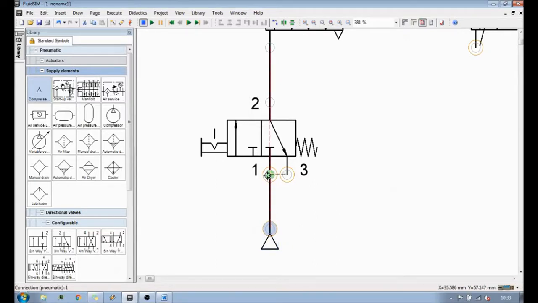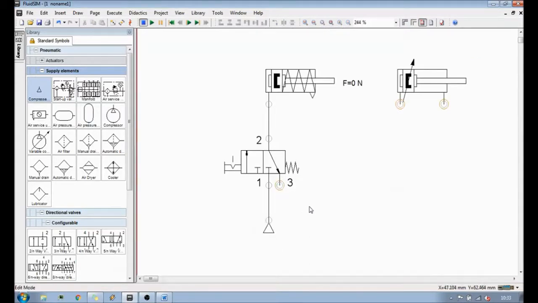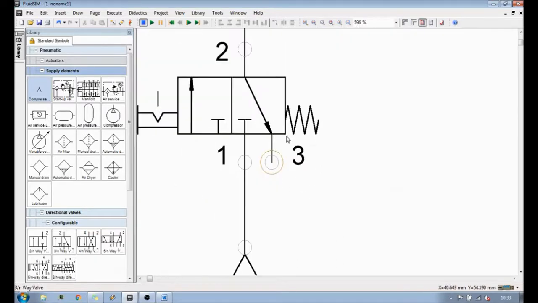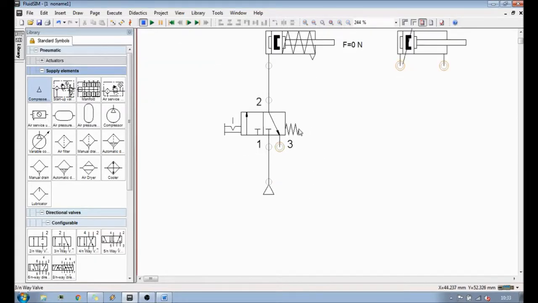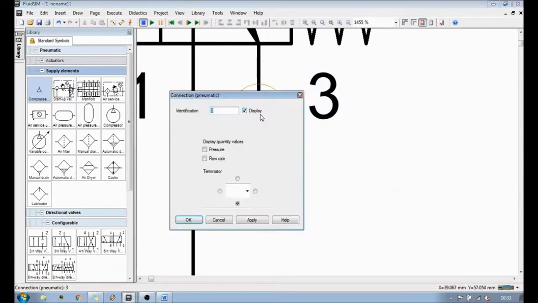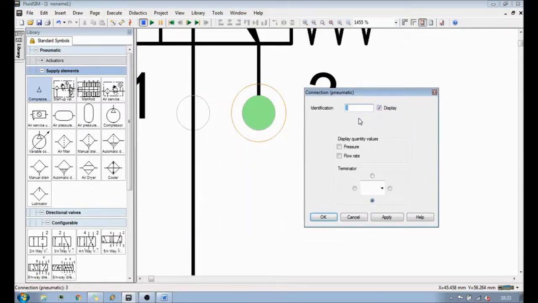Connect it to the first port, which is always the input port. Everywhere there are these orange or red-orange circles, they mean that these connections are still open. Nothing is connected to those connections. So for the third one here, exhaust, when we come to the symbol and it turns green, we can click on it twice and we get the connection